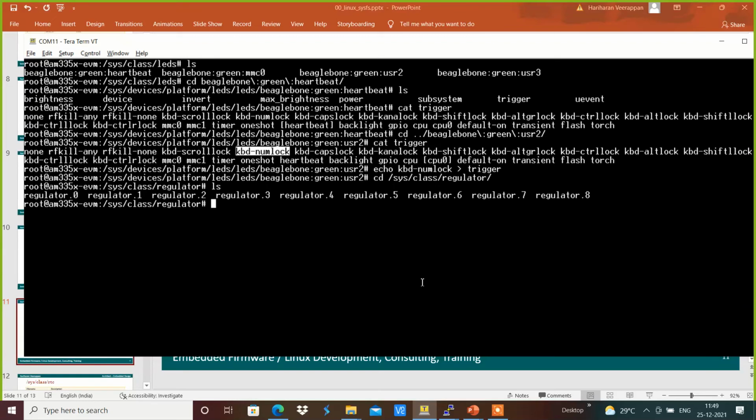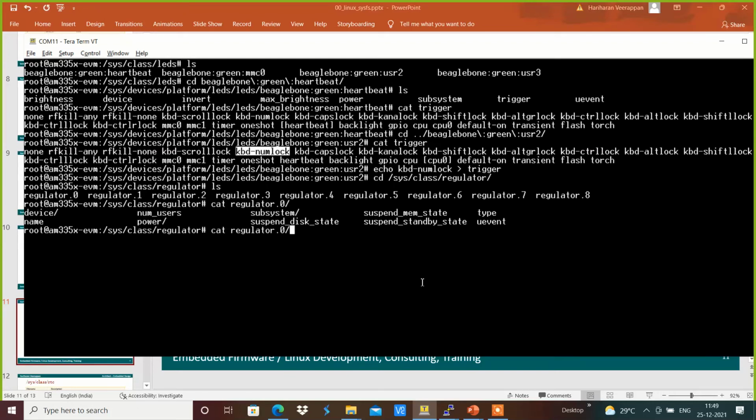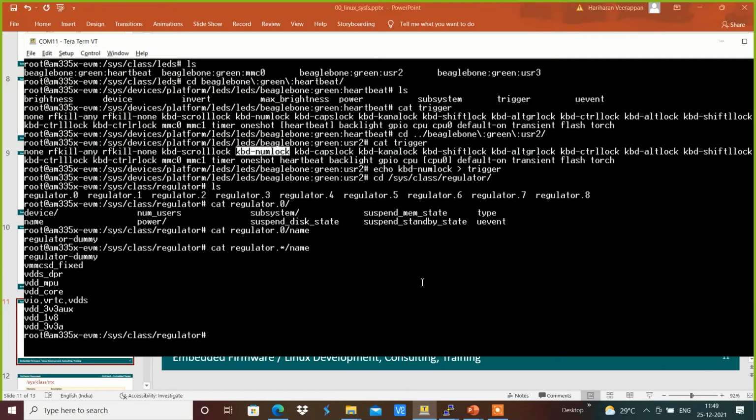For example, we have cat regulator 0, and we wanted to get the value of it. Then I'm going to use cat name, which is regulator dummy, and I'm going to use star, as we will be having multiple regulators defined.